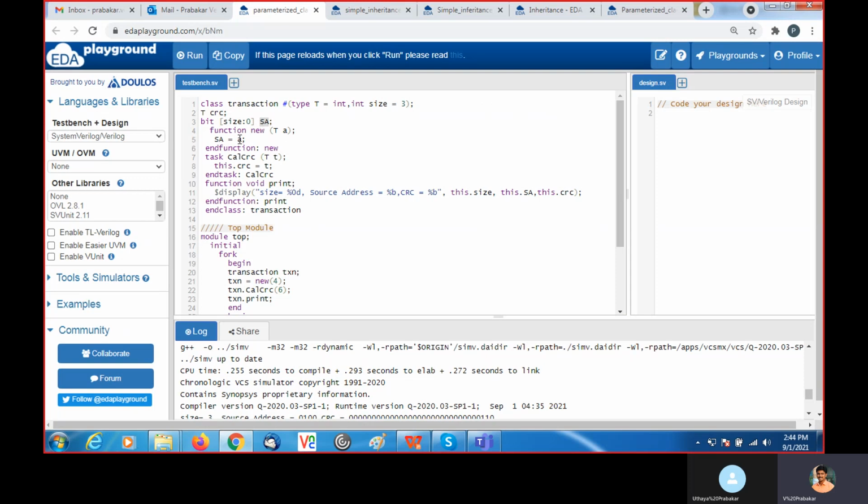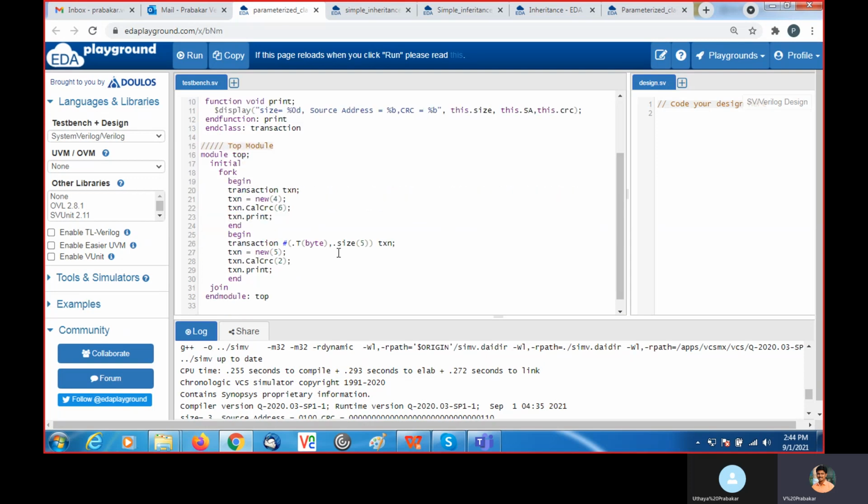So SA is a variable. For that, here we are assigning the value in the new method. And CRC is a variable. For that, here we are assigning the value with the help of the call CRC method. Then we have another method, void print function, which is to display the value of size, source address, and CRC.